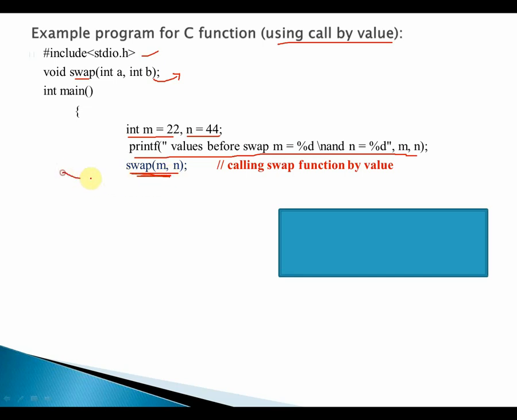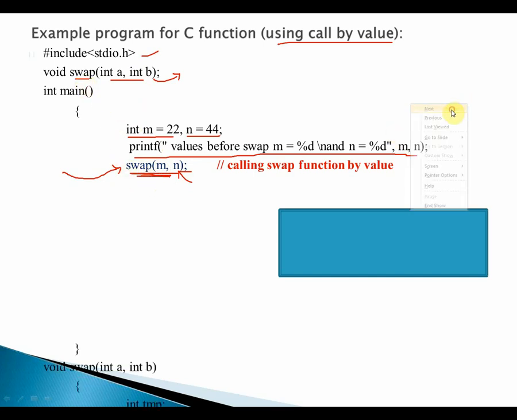So what is the format of writing a function call? Obviously the function name comes, and inside the parentheses you would write the parameters. These parameters are called the actual parameters, and these parameters will be termed formal parameters. So far we have written the main function where the function swap is being called.